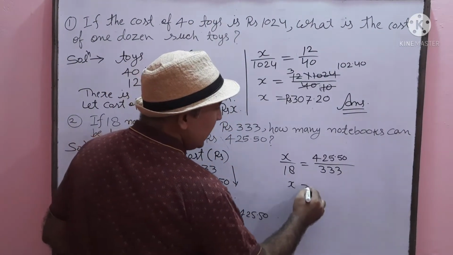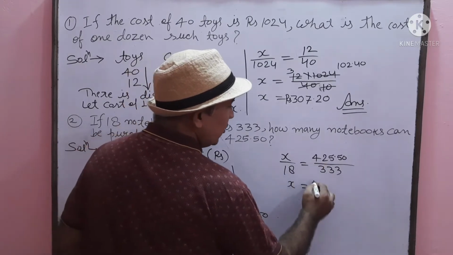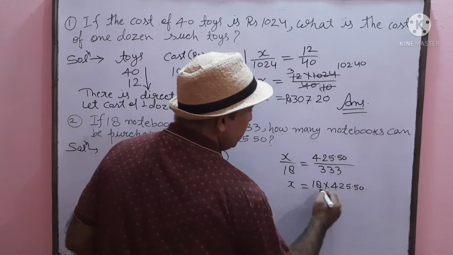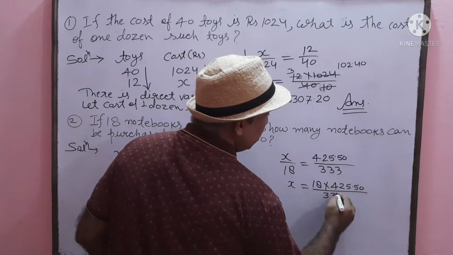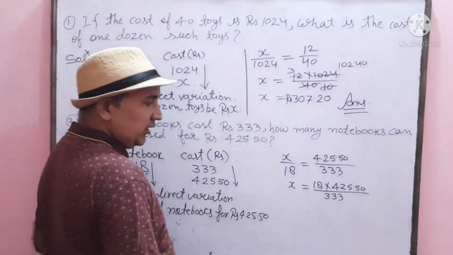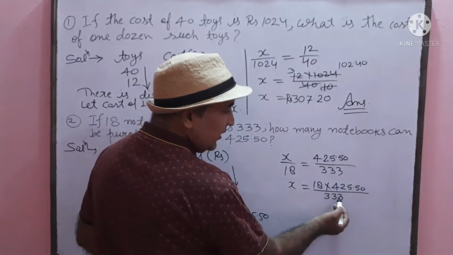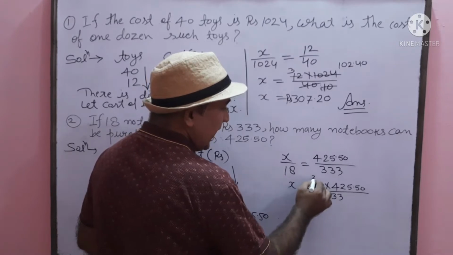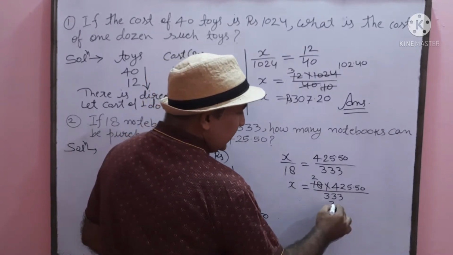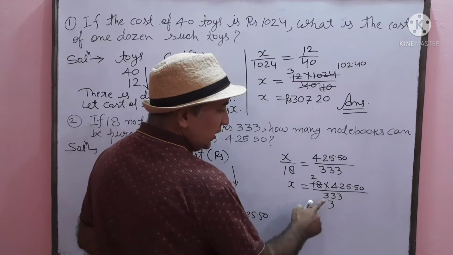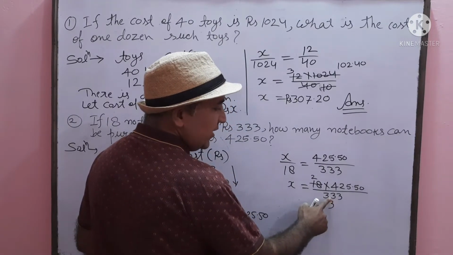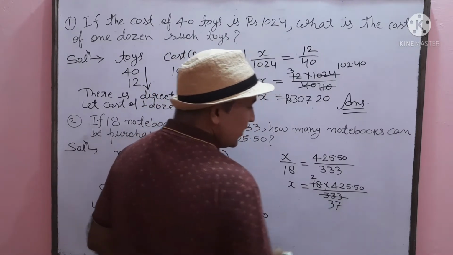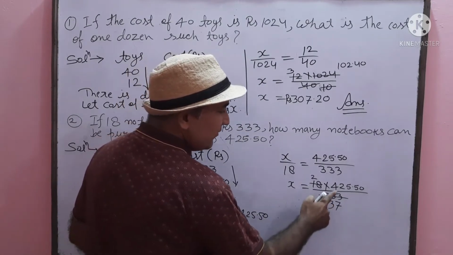So here x is equal to 18 cross multiplied, 18 into 425.50 divided by 333. You can see that 18 and 333, both the numbers are divisible by 9. 9 2s are 18. 9 3s are 27. 6 is the remainder. 6 and 3 is 63. 9 7s are 63. Is this understood? From 37 we can divide